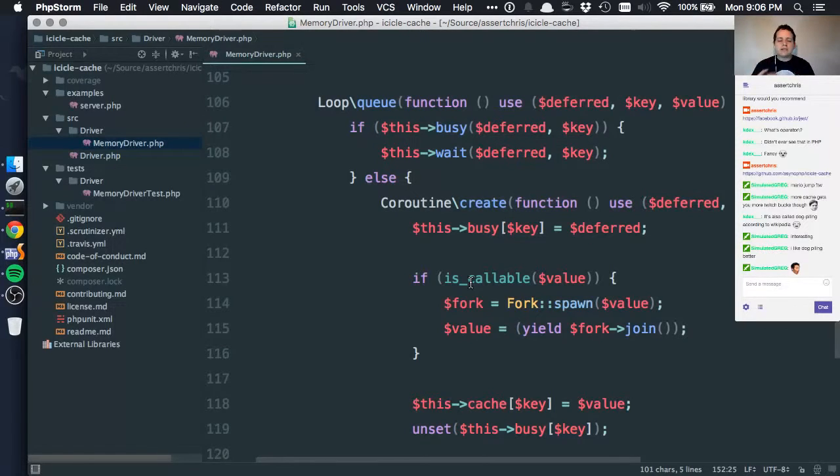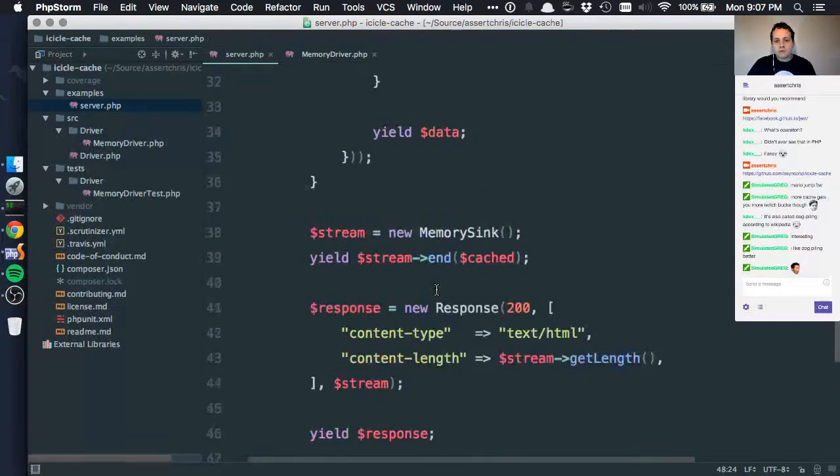But this waiting queue and this busy queue gives us the ability to prevent stampeding or dogpiling, because only one thing is setting the value at a time. And subsequent calls to set while that value is being generated, they wait. And calls to get wait if that value is busy being generated. Which means if you start generating, but it's not fully generated yet, you can still call gets on that, and they will still wait until the value is there, and they'll resolve with that. So it's exactly the same API as we had before,